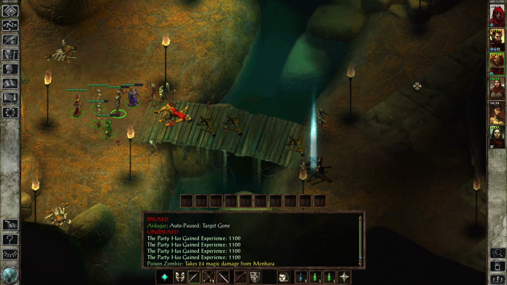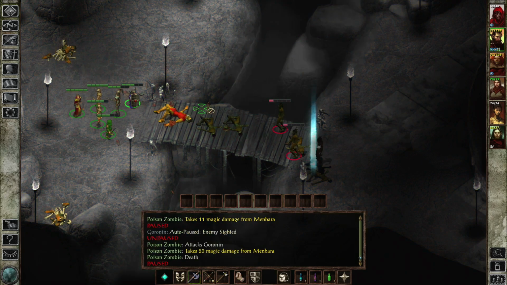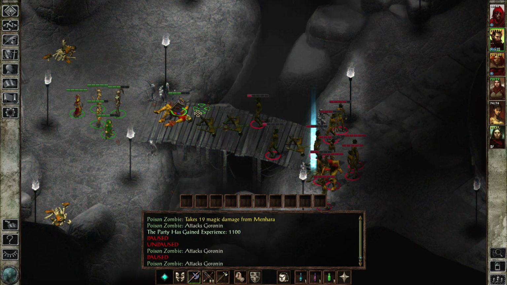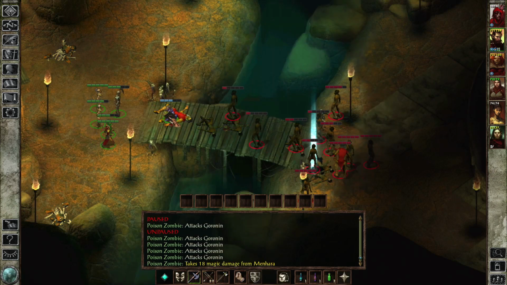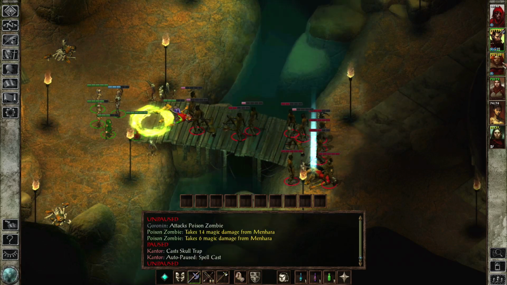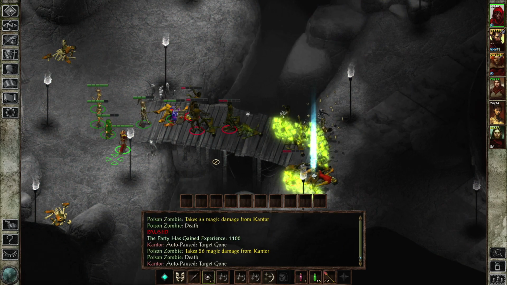That is very nice. Poison zombies taking damage. Not dying, unfortunately. Is that thing just not capable of killing them? No, it is. Oh, no. Oh, this was the best decision. I can't believe it. Skull trap, please. Please, everybody, aggro. There's so many people in there. And, of course, they have to go through...